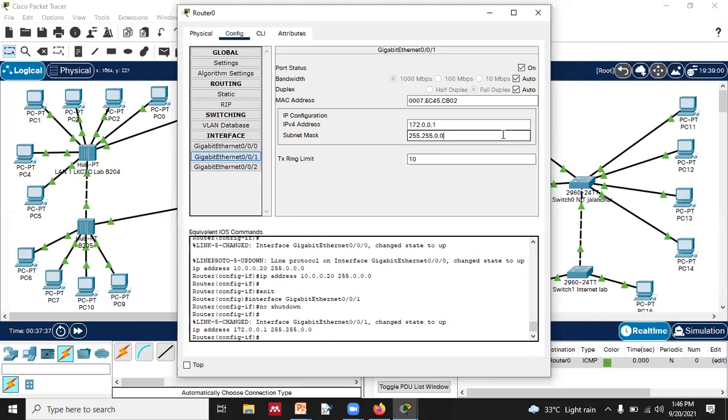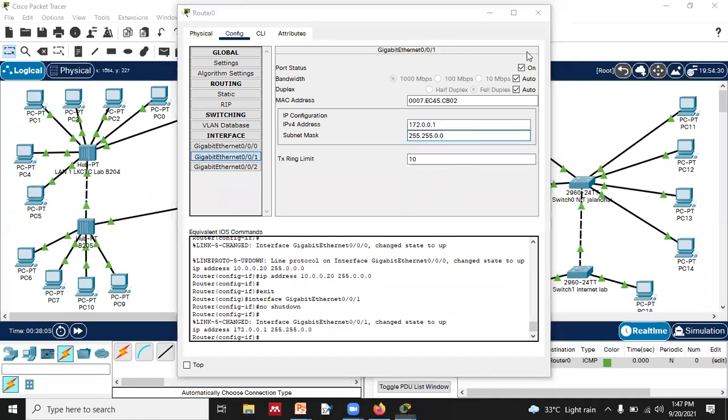So on the left hand side we have class A, on the right hand side we have class C, in the middle what do we have? Class B, 255. It means the CIDR value will be how much? 16. 255.255. 8 bits are consumed. First 8 bits, second 8 bits are also consumed. The last 2 octets are remaining. So how many hosts could be possible? 2 raised to power 16. It means how much? 65,535. Things need to be like this always, right?